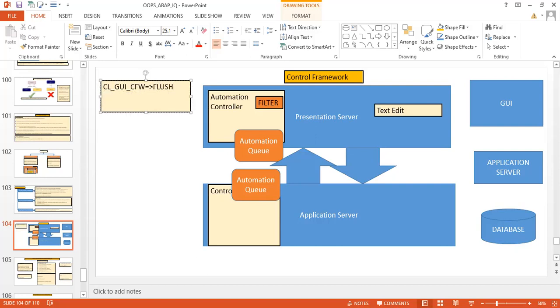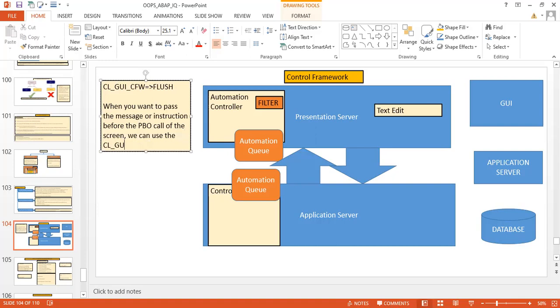You have to say that when you want to pass a message or instruction before the PBO call of the screen, we can use CL_GUI_CFW flush. This should be your answer. If you use this method, it will force the instruction to display on the GUI.